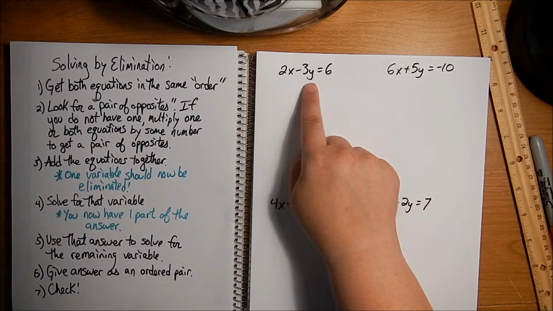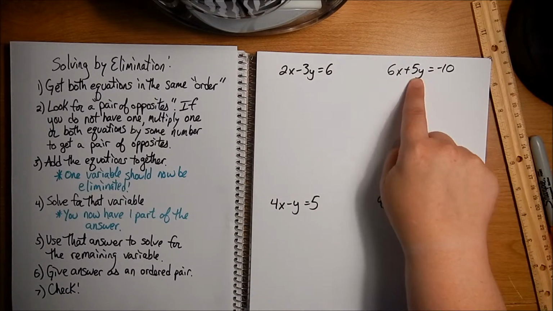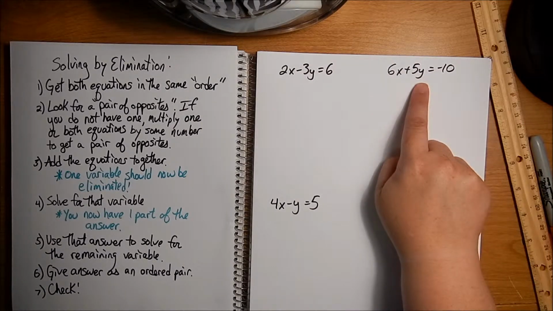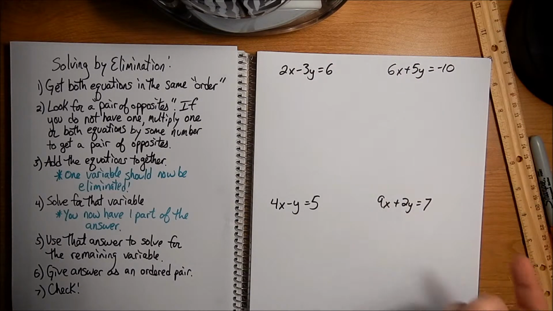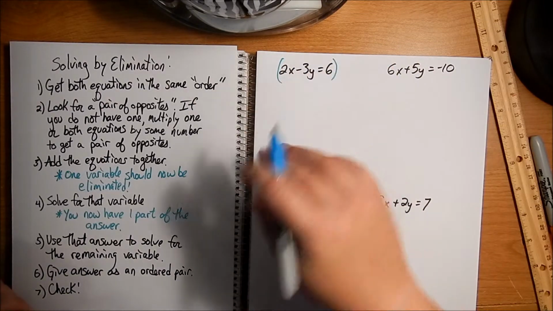Let's check with the y, see if that would be any easier. No, I have a -3 and a positive 5. I'd have to multiply both equations by a number to get those to be the same. Sometimes that's your only choice. Sometimes you have to multiply both equations by something. But if I can get away with just multiplying one equation by a number, that's going to be